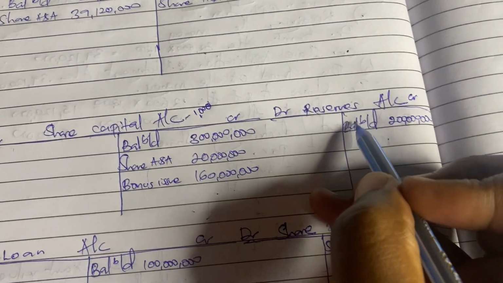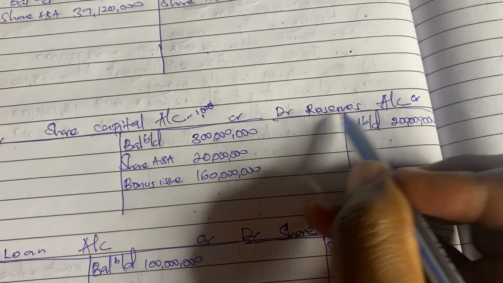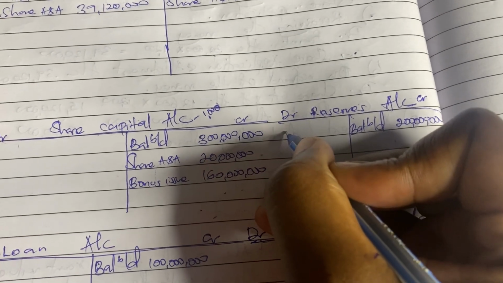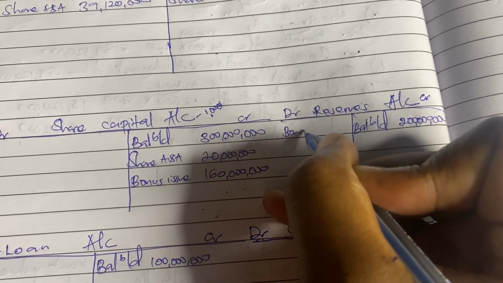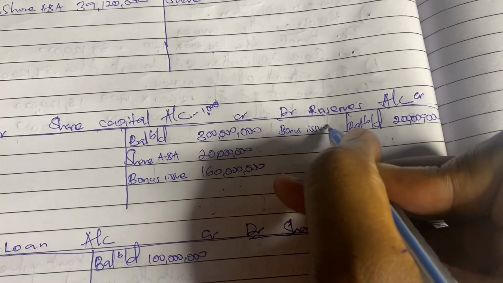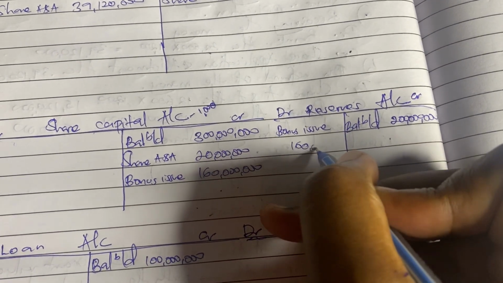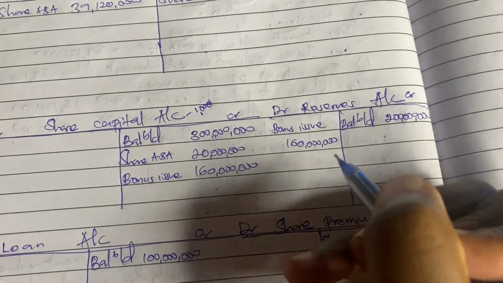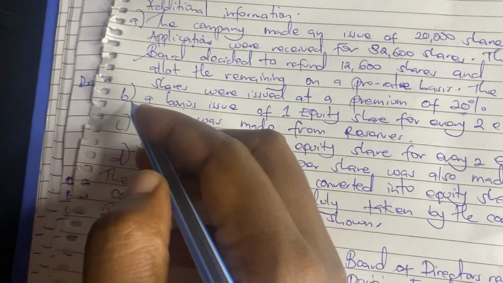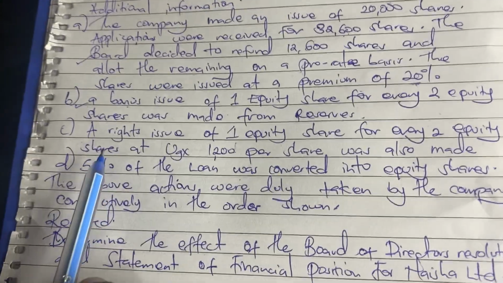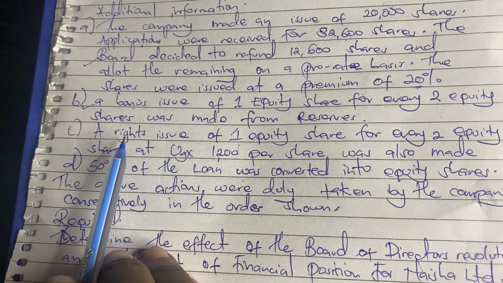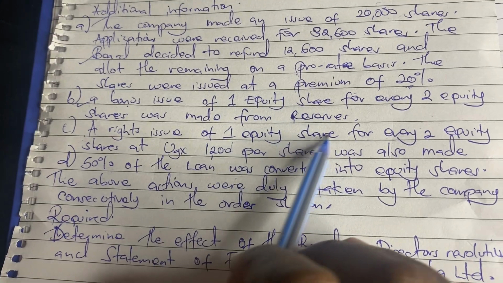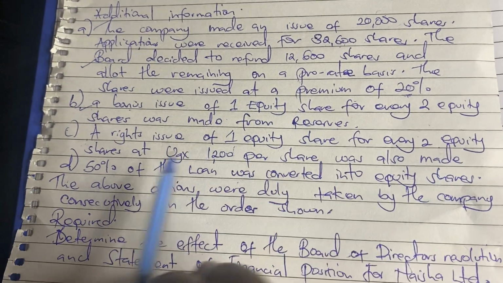Then we debit the reserves account with the bonus issue, which is 160 million, like that. Then this is done. Then the third step, there was a rights issue of 1 equity share for every 2 at